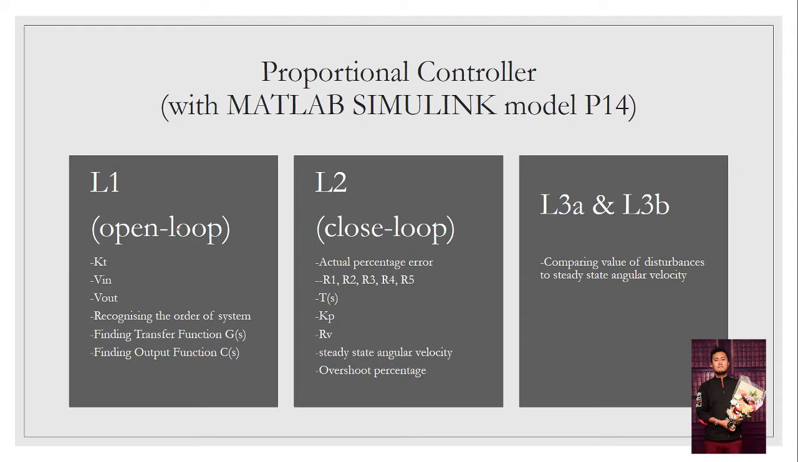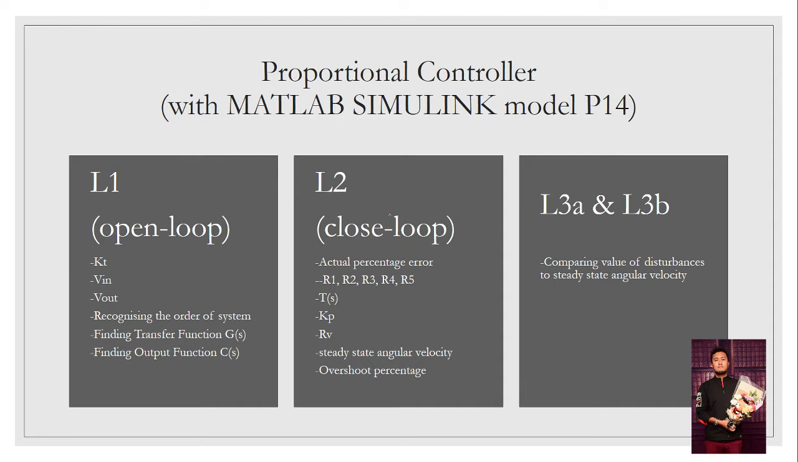In this result, we are going to have a model L1, L2, L3A, and L3B together. So in L1, it is an open loop circuit. L2, we have a closed loop circuit. The same model as L1, and L3A and L3B is the same model as L1 and L2, but with the addition of disturbance. So in open loop, we are going to find out what is our tachometer gain, the voltage input, the voltage output for our standard target specification, the order of the system, the transfer function GS, and also the